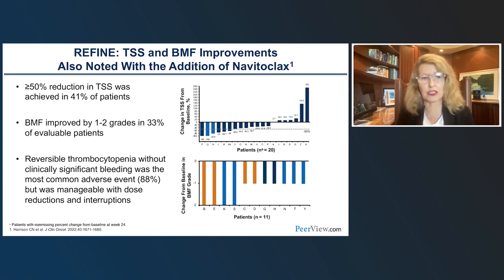Reversible thrombocytopenia without clinically significant bleeding was also seen and actually was the most common adverse event. And I should say it was manageable with dose reductions and interruptions, but also tended to last a little bit longer than we'd originally anticipated and could go out for as much as a month. So it's something to keep in the back of your mind. Navitoclax will block BCL-XL in the progenitors that give rise to platelets. So the effect lasts a little bit longer than the 7 days you'd expect to just make more platelets from